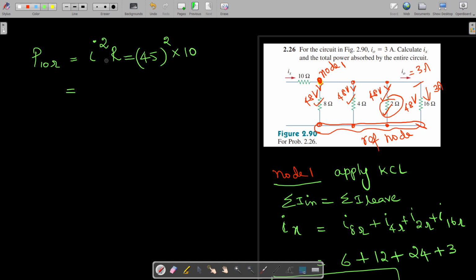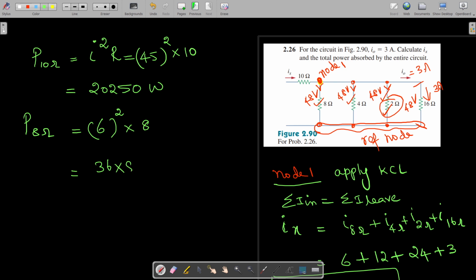That much watts. So it is 2025 into 10. That means this much watts of power is absorbed here. And in this 8 ohm resistance, it is equal to the I square R formula. Again we are going to use that formula for power. So the current is 6 amps, isn't it? So 6 square into 8, that is equal to 36 into 8. So that's equal to 288